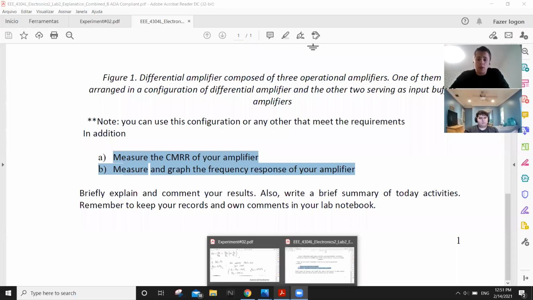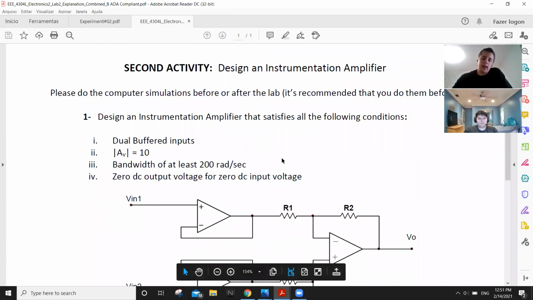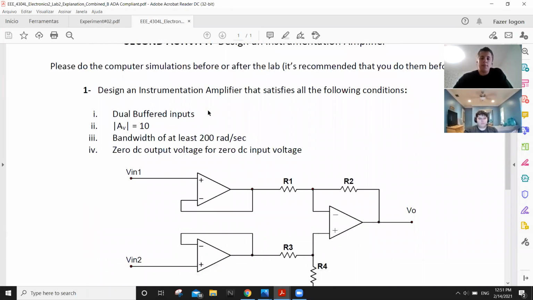This is for the class Electronics 2 Laboratory, and this is experiment 2. For experiment 2, let me share my screen so you can see the idea of the experiment. We were supposed to design a dual buffer input